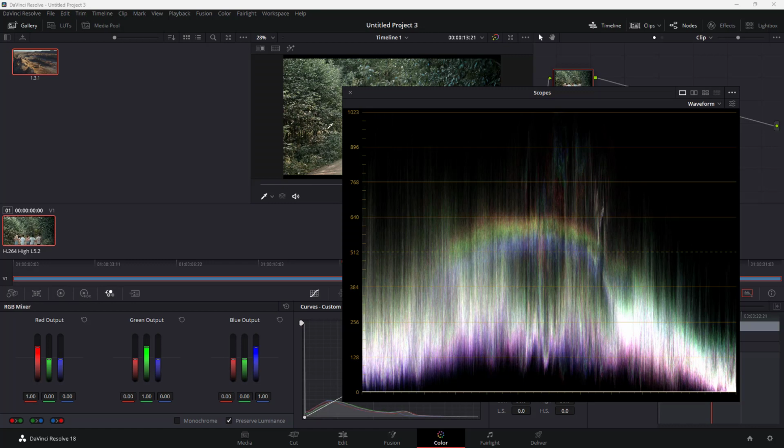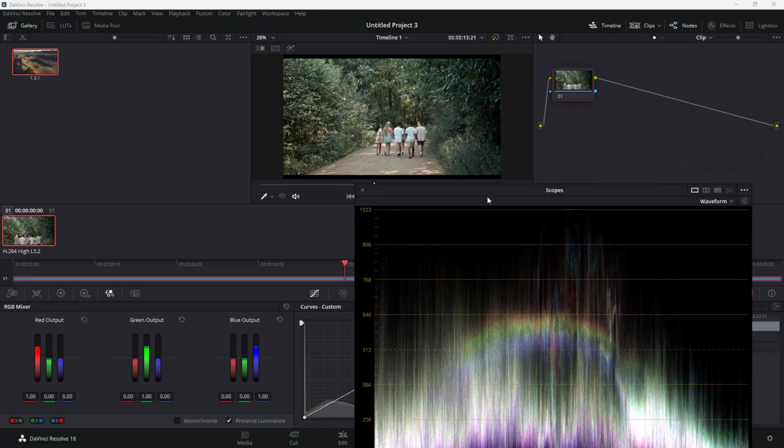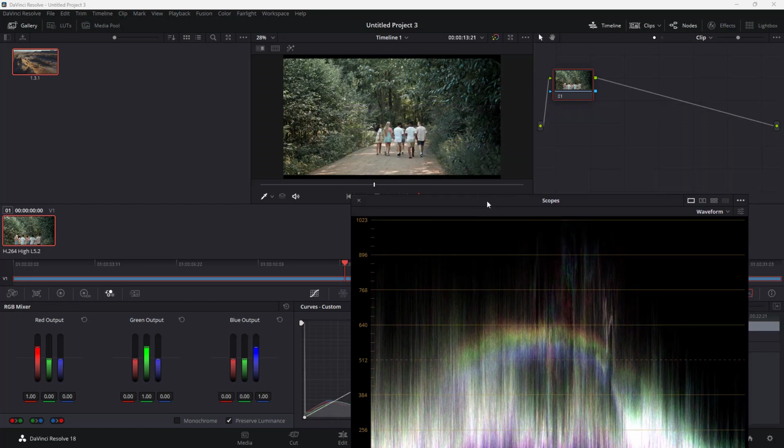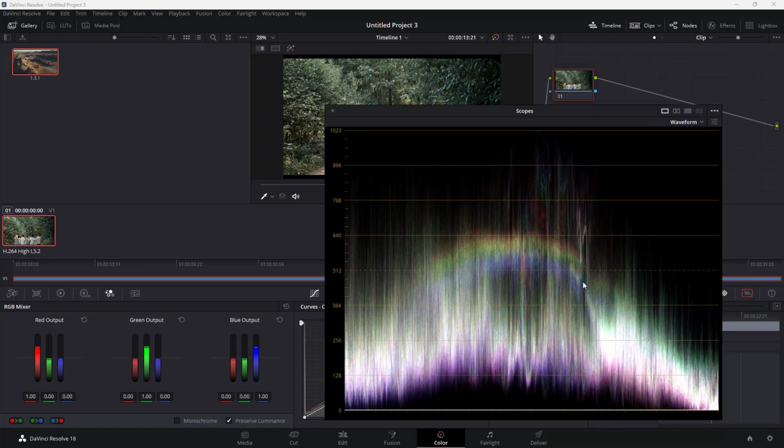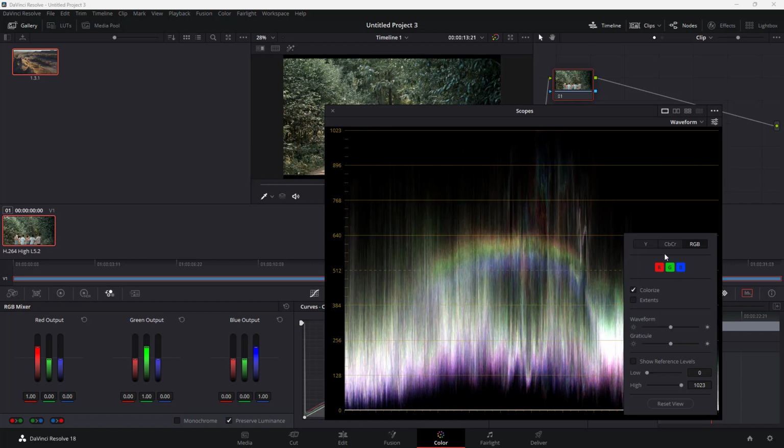So the white part right here contains a color mixture of everything, while separate colors that you can see right here contain more of those colors. So over here you can see that there's more red. The picture is much warmer, and that is why it is showing more red on the brighter side. Similarly, you can go over to the settings for this particular color scope as well,